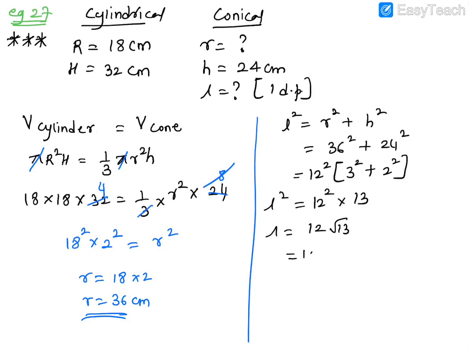And we'll have to again substitute the value of root 13 and then multiply. So this is the rounded off answer I'm writing directly. Actually, you'll have to first find the answer till 2 decimal places. So it comes 43.3 centimeter. Okay.